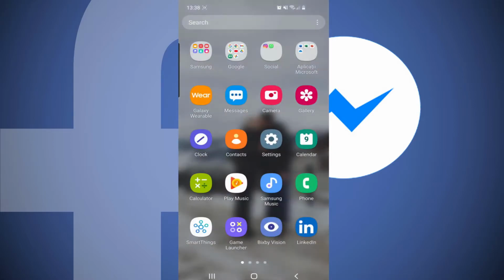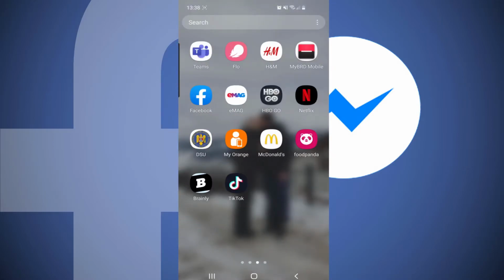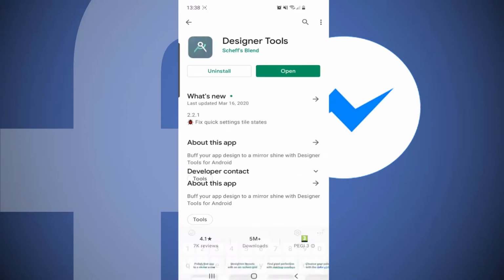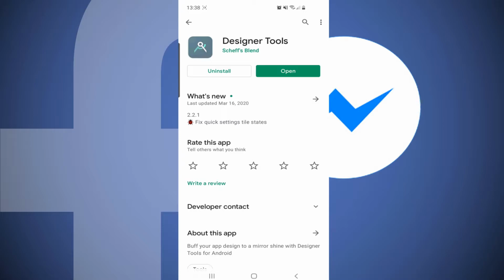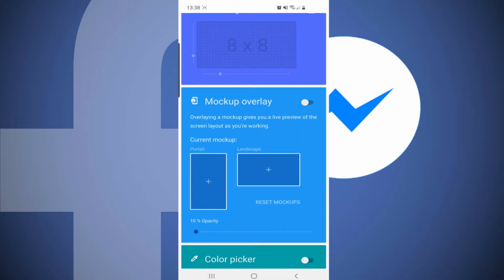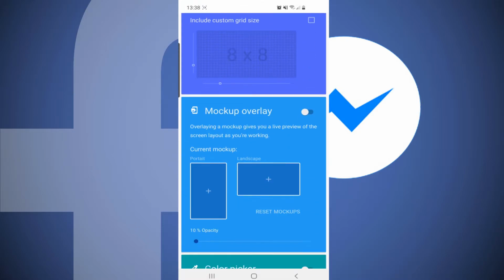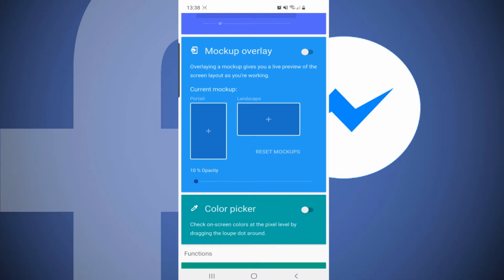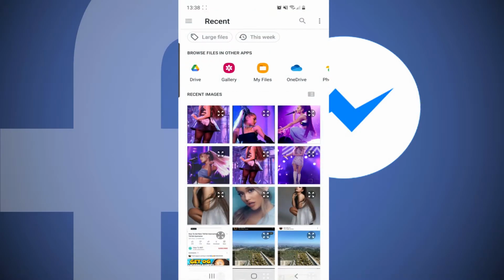So we have to go on Play Store, search for designer tools, just like this. Install this app, open it, then go right here to mockup overlay and pick the portrait one. Click on it and choose a photo. I will choose